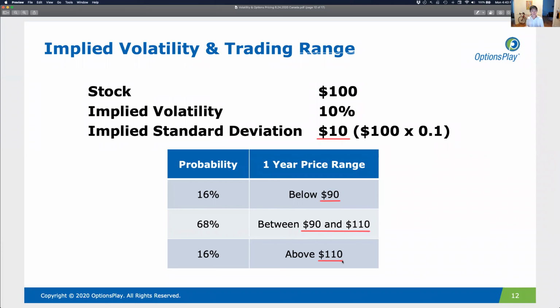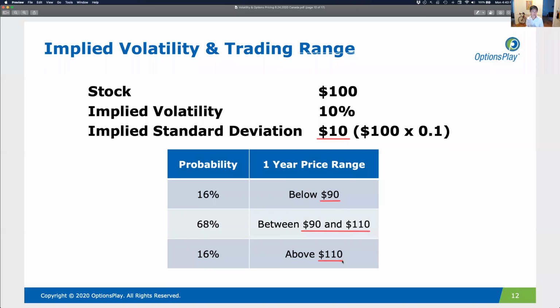So these are some very high level examples of how you should think about implied volatility. And again, this is less how you would use it in practice. This is more to give you an academic understanding as to why implied volatility is important. But in reality, I'm going to give you some examples that are going to shift the way that you think about this. But before we do that, I just want to make sure everyone understands how you should think about implied